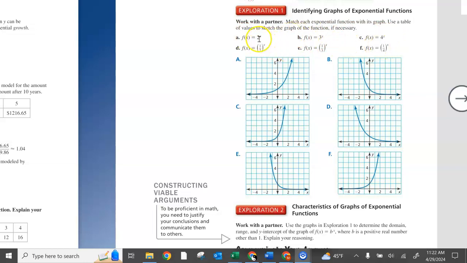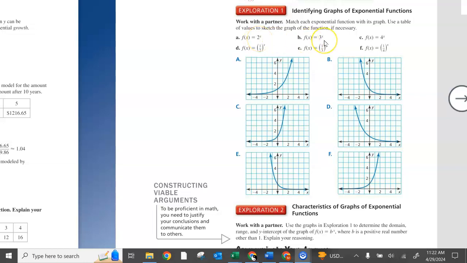So basically, when the base is greater than 1, you're going to have an upward sloping exponential function. It's called growth. Or if it's a fraction less than 1, like these three, it's going to go down. It's called decay. So that's one way you can distinguish between the graphs. The other one is looking at the number, the coefficient that's being multiplied by the base that's in front of it. So for example, 2,